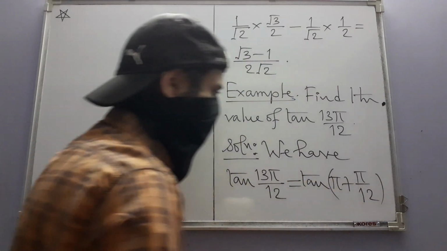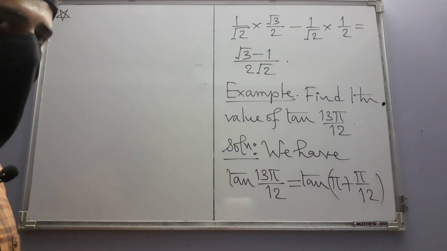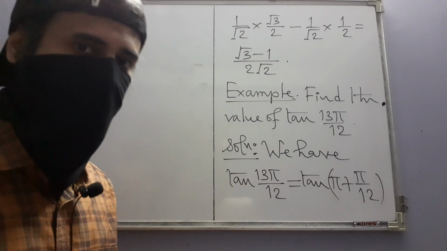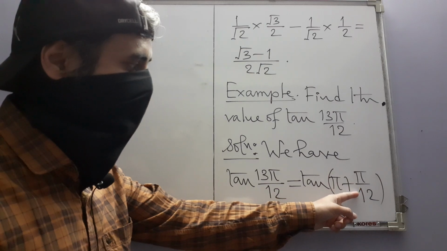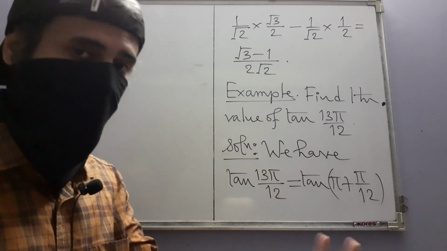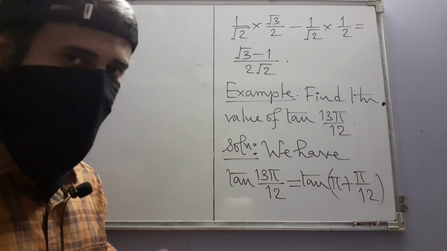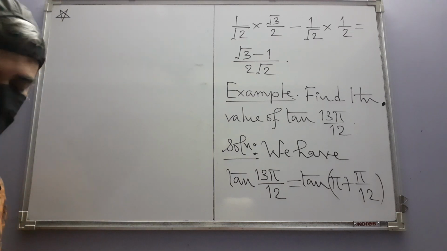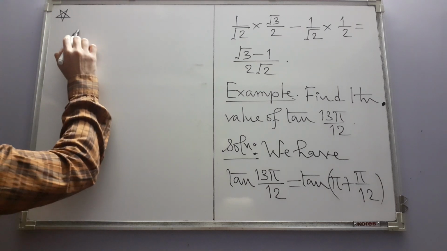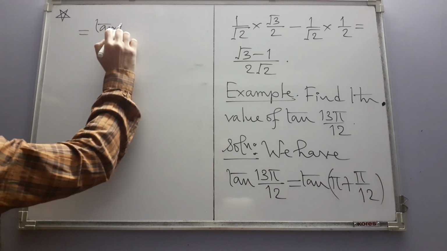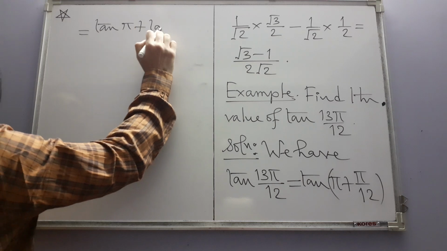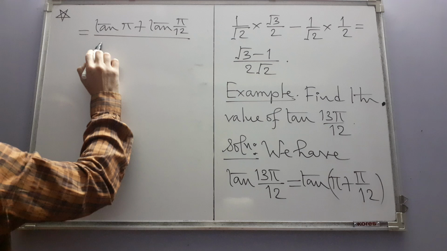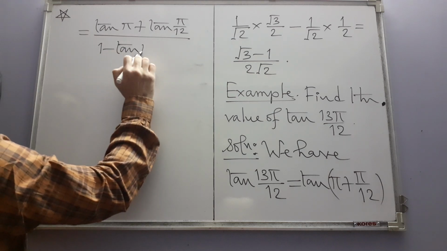Are these odd multiples of pi over 2? No. Pi is in fact an even multiple of pi over 2, 2 times pi over 2. Is this an odd multiple? This is not even an integer multiple of pi over 2. It's less than that, pi over 12. So, no problem. We can apply the formula. And what is that formula? Tan pi plus tan pi over 12 divided by 1 minus tan pi